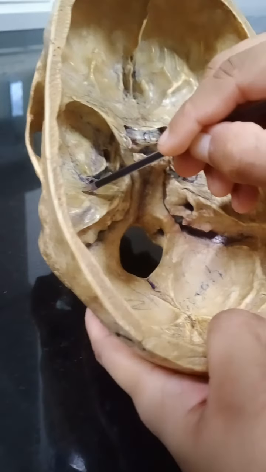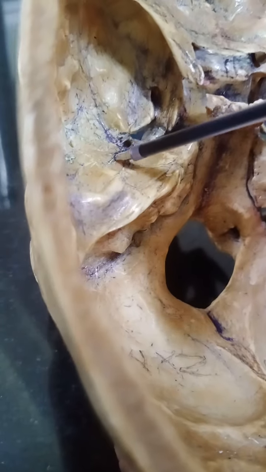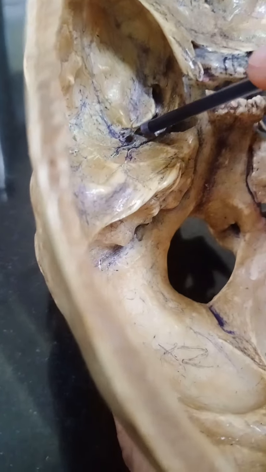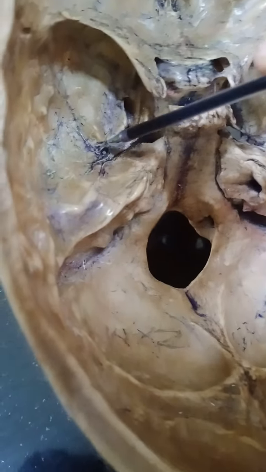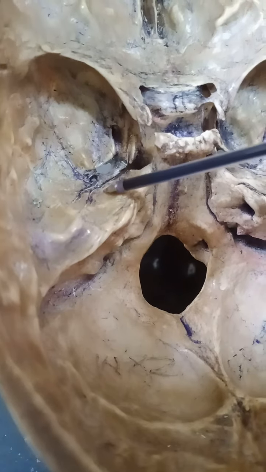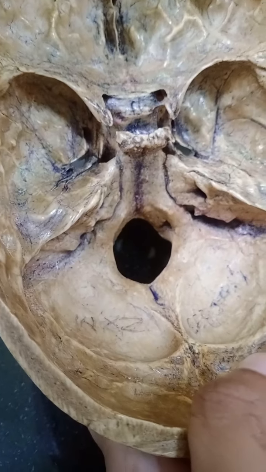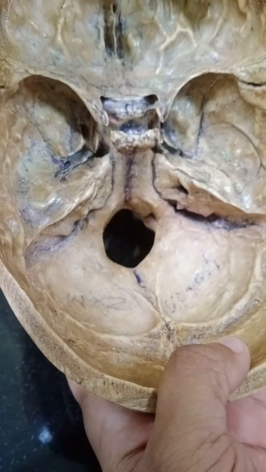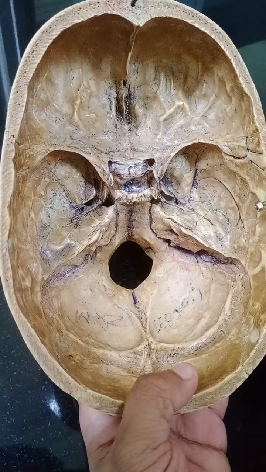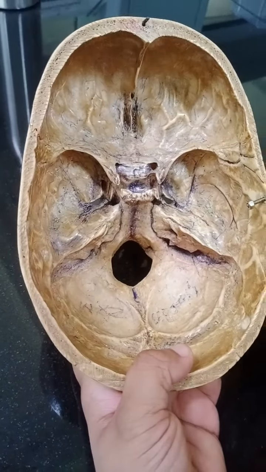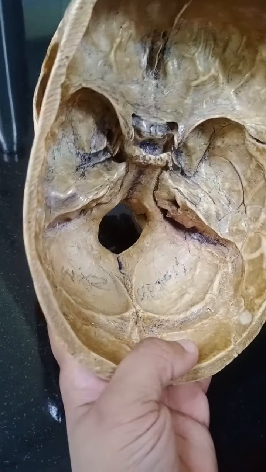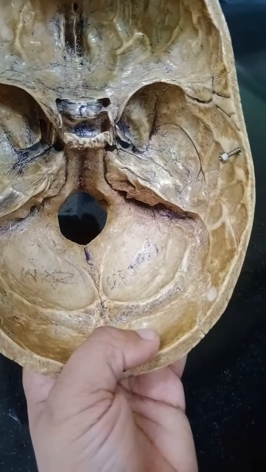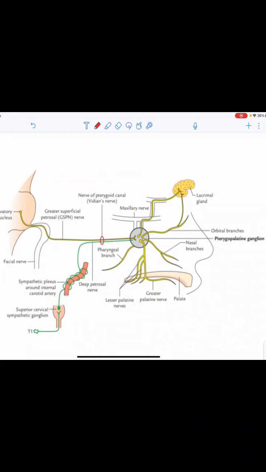Similarly, the lesser petrosal nerve is also going to pass through its groove, and it is going to pass through the foramen ovale to the infratemporal fossa. So the lesser petrosal nerve passes to the foramen ovale, and the greater petrosal nerve passes to the anterior wall of foramen lacerum. So there are no through and through structures through foramen lacerum. In the posterior wall you get the internal carotid artery, and in the anterior wall you get the pterygoid canal through which the greater petrosal nerve will pass. If at all there is any through and through structure passing through foramen lacerum, that will be an emissary vein.